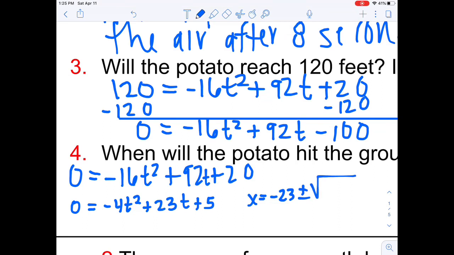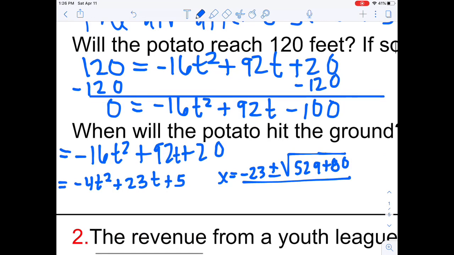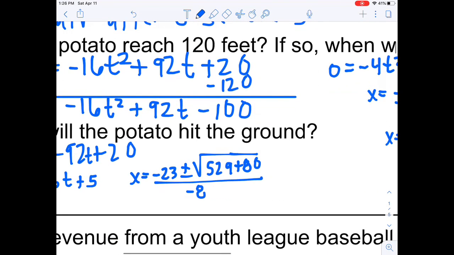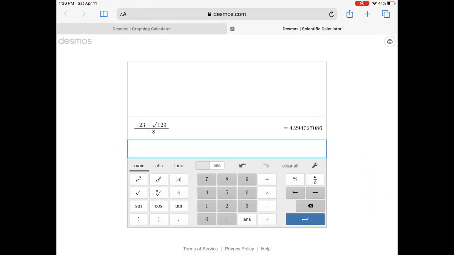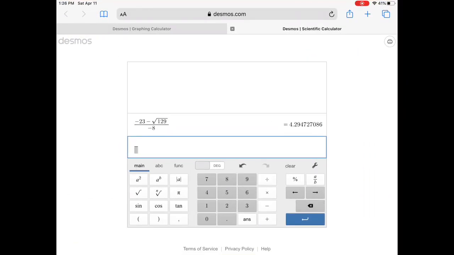X is negative b plus or minus the square root of b squared. B squared is 529 minus 4ac. So 4 times 5 is 80. So we're going to actually plus 80 on this one because negative 4 times negative 4 gives you a plus, all over 2a. Okay, so I'm going to do negative 23 plus or minus the square root of 529 plus 80 is 609, all divided by negative 8. So negative 23 plus the square root of 609,